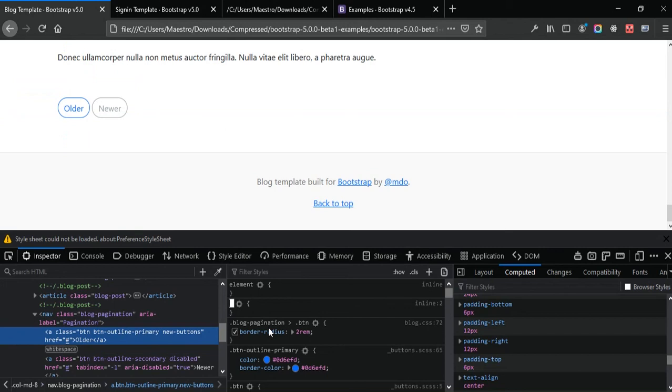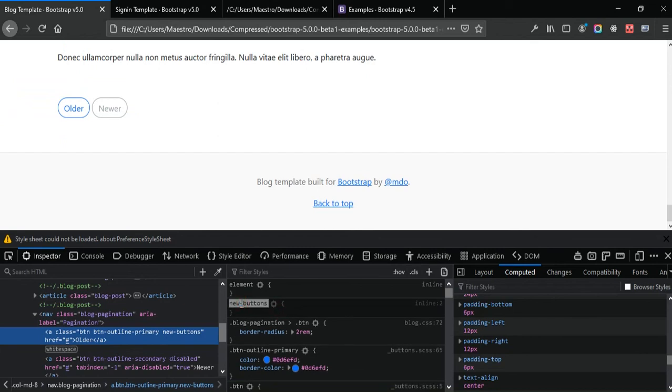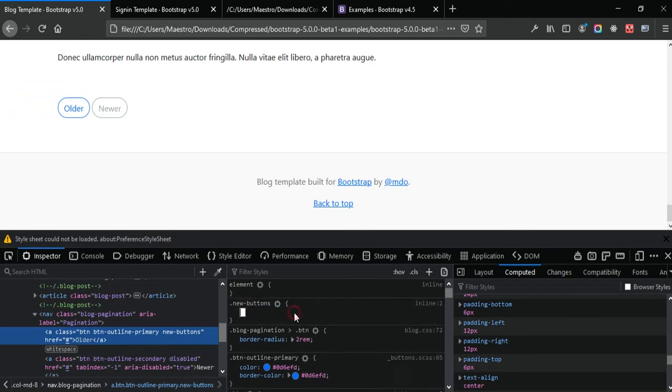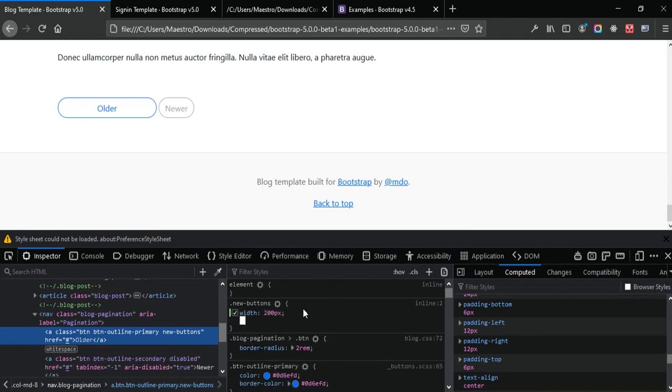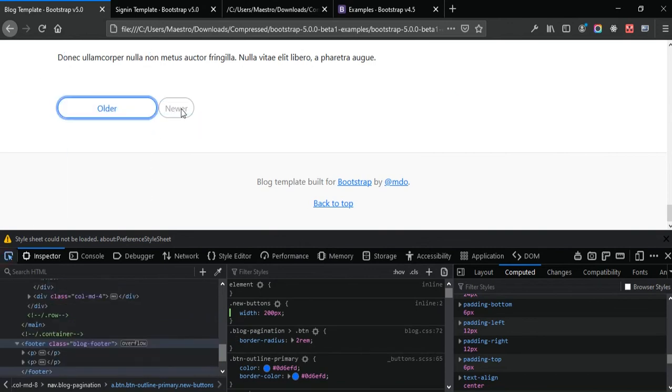Or I can decide, okay, remember I added new buttons. So I can decide that for, oh, that will be dots. Remember we are using classes. So I can decide that for all new buttons I want the width to be 200 pixels. So you see, if I should come over here also,